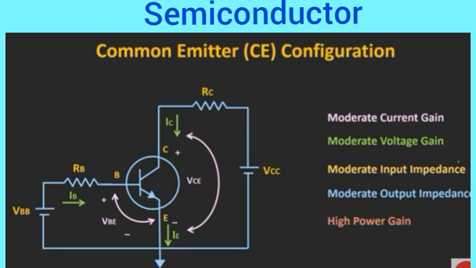So these are the basic properties of the common emitter configuration, and we will see the details about these properties during the AC analysis of BJT. In fact at that time we will also find the exact values of the input and output impedance, but for a while just keep in mind these properties. So I hope in this video you understood the basics of the common emitter configuration.